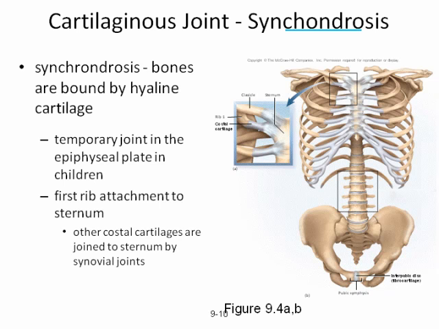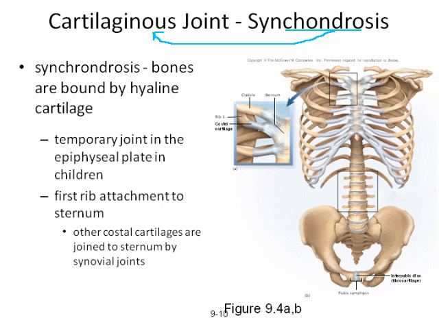Right away, chondro, as we already know, links back to and means cartilage. And so a synchondrosis is going to be a joint where the bones are held together specifically by hyaline cartilage. Right? And the best example we have of a